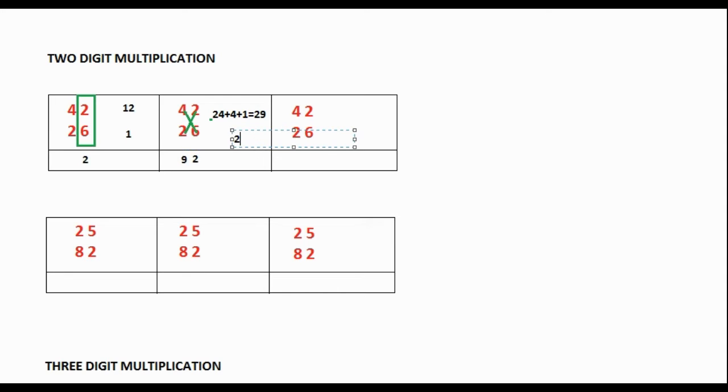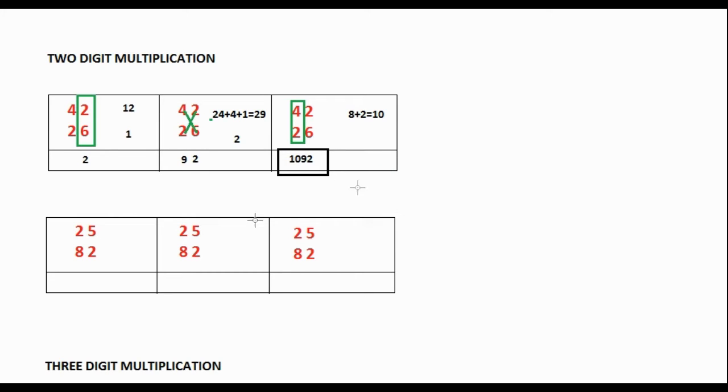In the final step, we are going to multiply the numbers in the tens digit. So in the tens digit, we have 4 and 2. If we multiply this 4 and 2, we will get 8 plus 2 from the previous step. So 8 plus 2, we will get 10. So just write this 10 directly before this 2 number. This 9 and 2 came from the previous step. So that's it. Only 3 simple steps to multiply any 2-digit numbers.